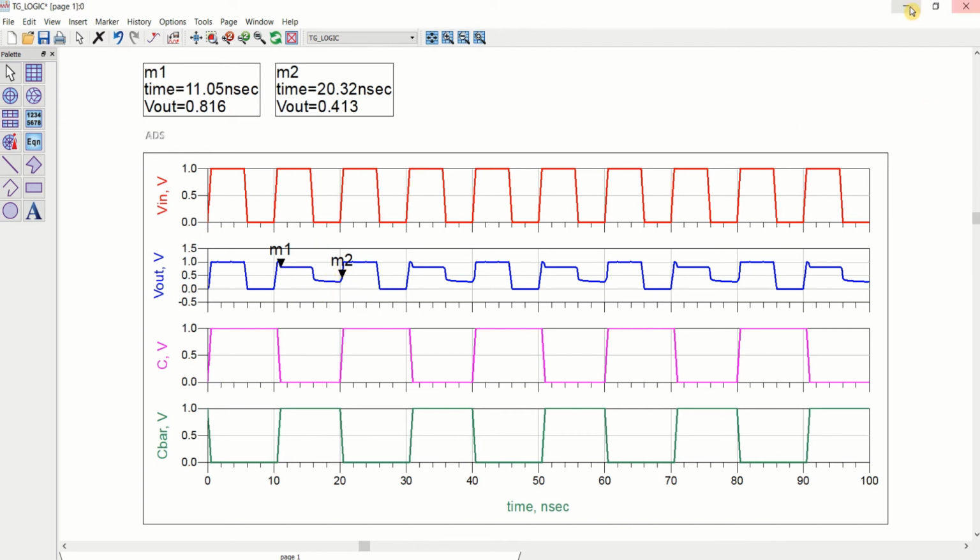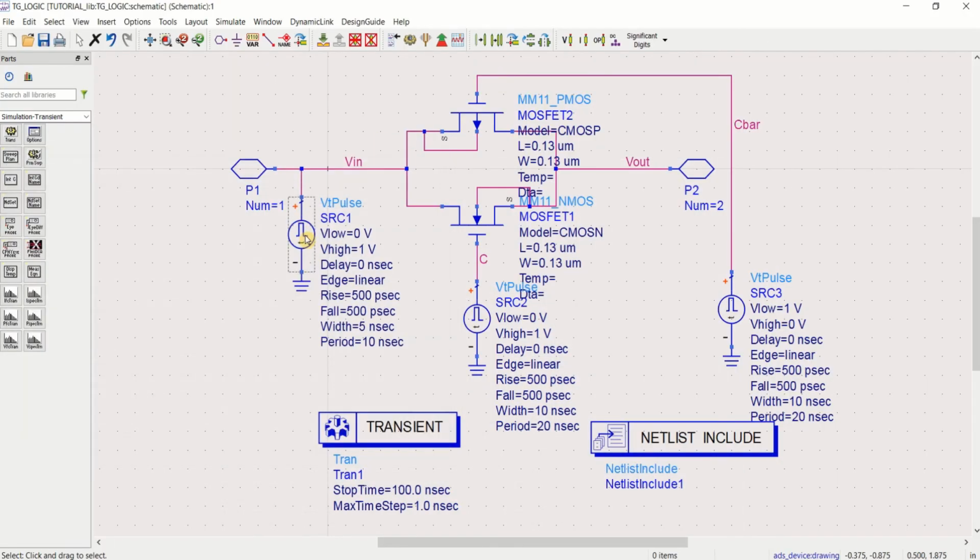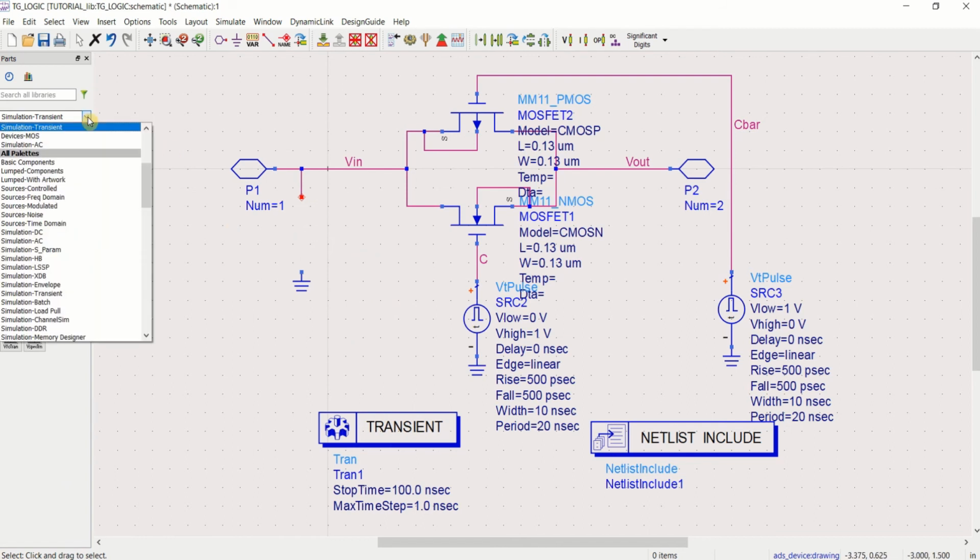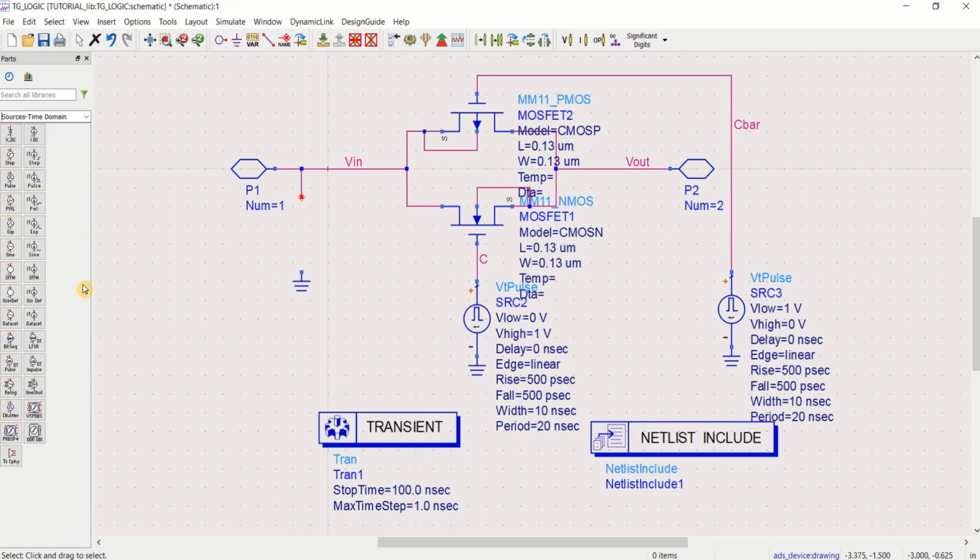So if you want to see the results for sinusoidal input, you can see it. I'll remove this and go to the sources, time domain sources, and you can select sine.